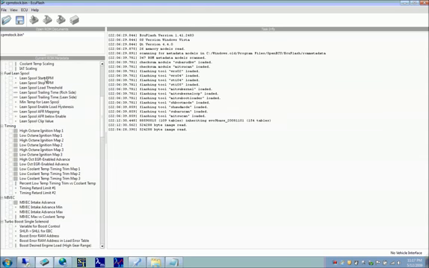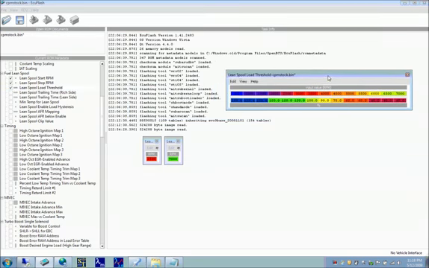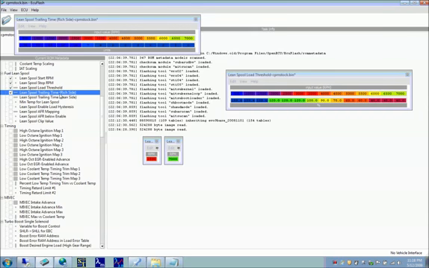Lean spool, just to get into the real basics of it, is the additional leaning of the air-fuel mix by the ECU when it believes you're spooling up the turbo. So there's a lot of different tables here. You'll find that a lot of the different tables that have been defined in EcuFlash may seem overwhelming to look at, but in all honesty, you won't be using a lot of these. And in many cases, people actually just disable lean spool altogether, and the reason is because it can make tuning air-fuel ratio